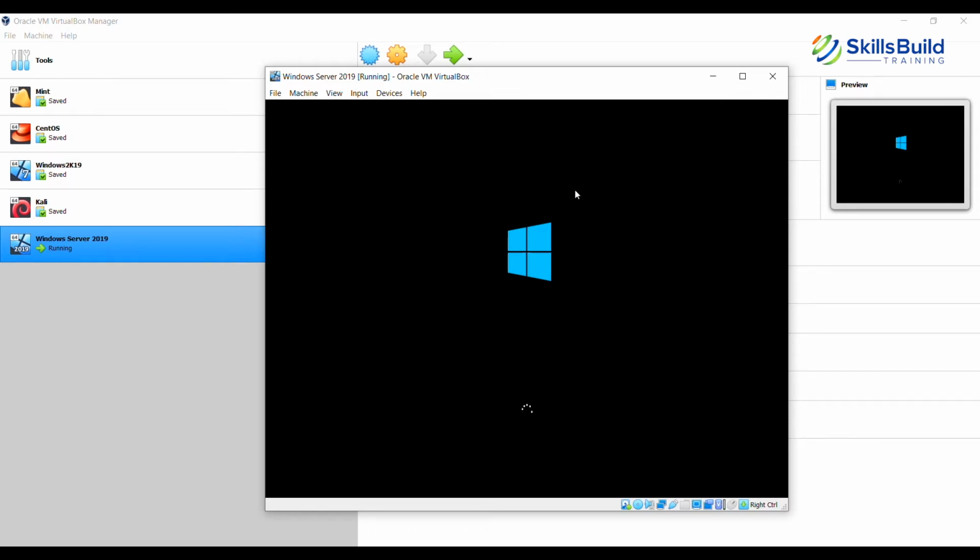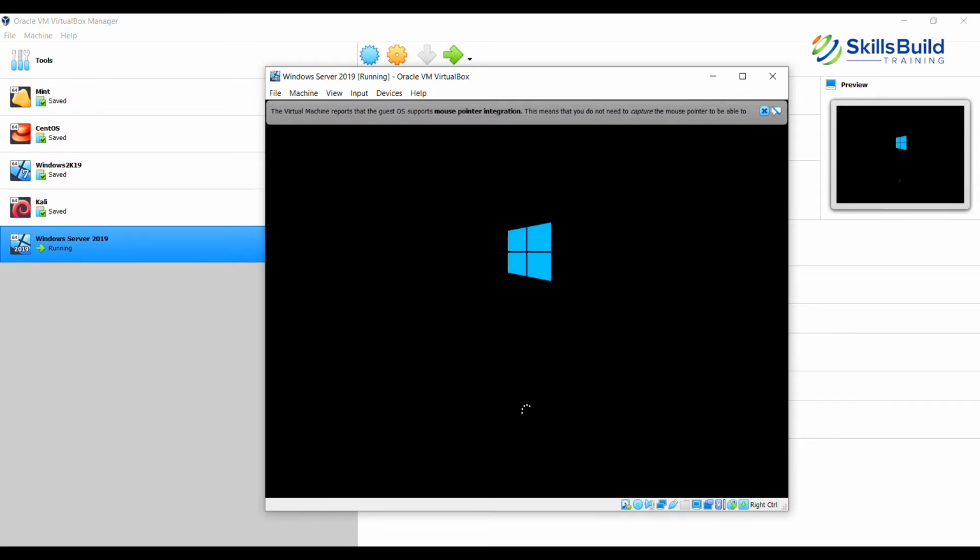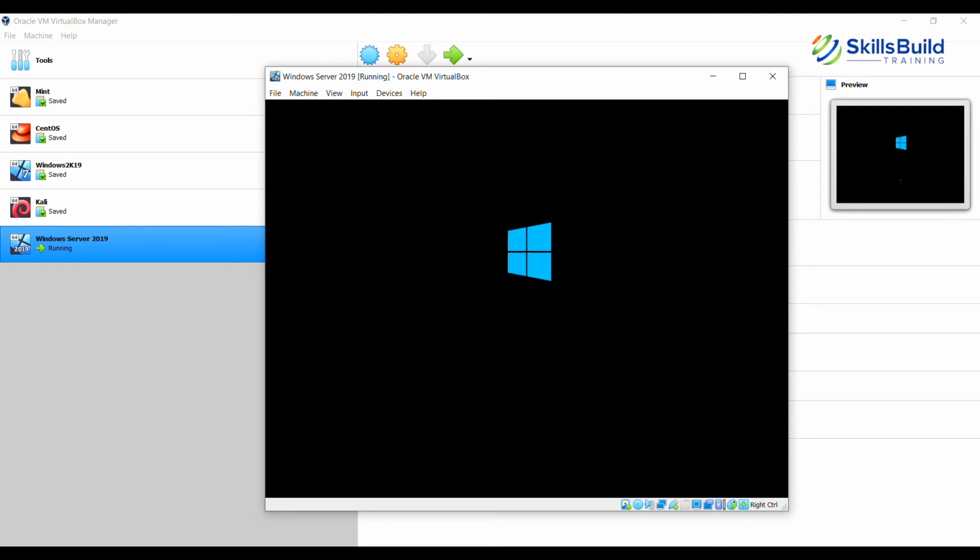Now, since it's doing the processing, when you're installing a Windows desktop environment, something like Windows 10, versus Windows Server 2019 or Windows Server 2016, the installation routine is pretty much the same. So you would not see a lot of differences in the installation. It would be the same screens that appear one after the other.